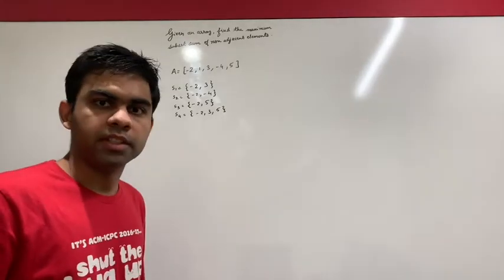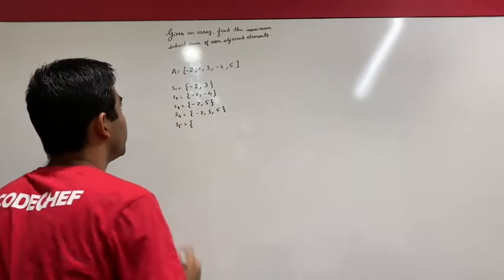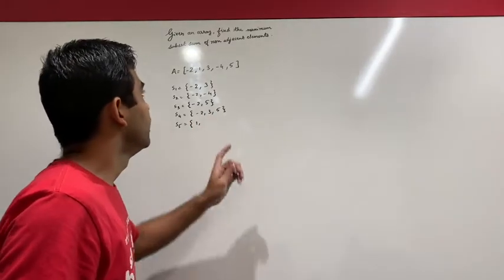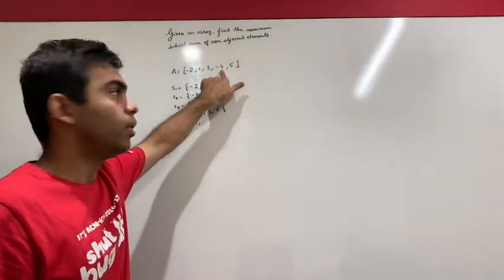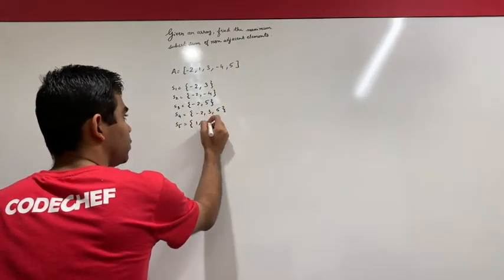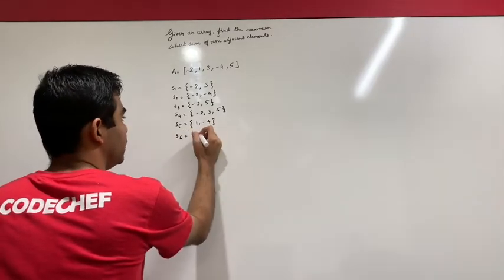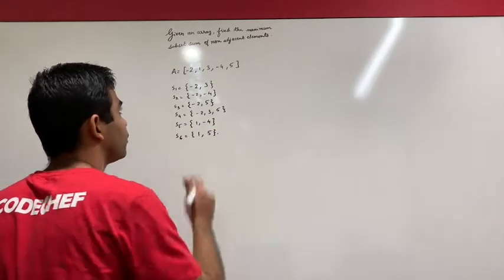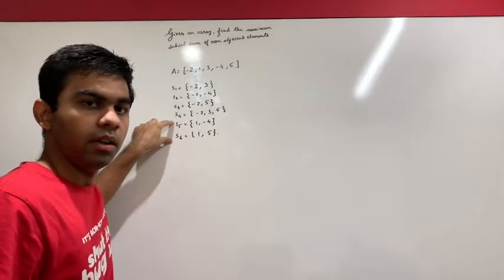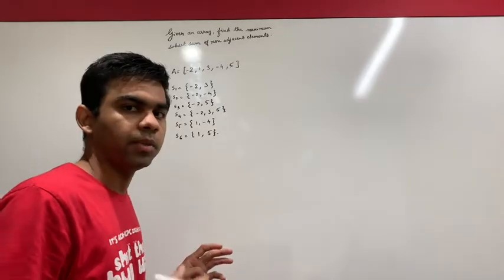So now let's move on to the first index. Let's name it as S5. If I choose the element at the first index, that is 1, then I can choose -4 or I can choose 5. So in my first subset, I'll choose -4 and in my second subset, I'll choose 5. So these are all the possible subsets by starting from the first index.